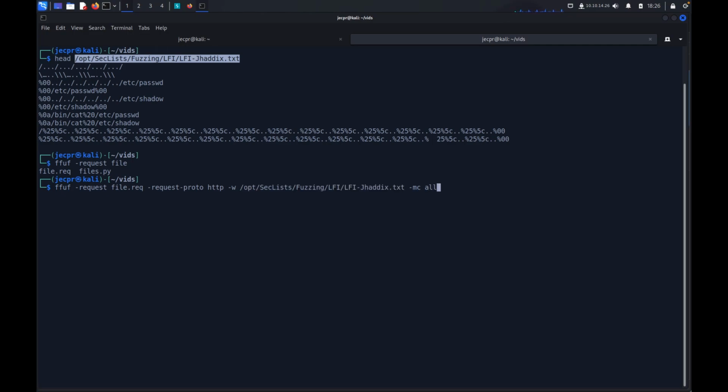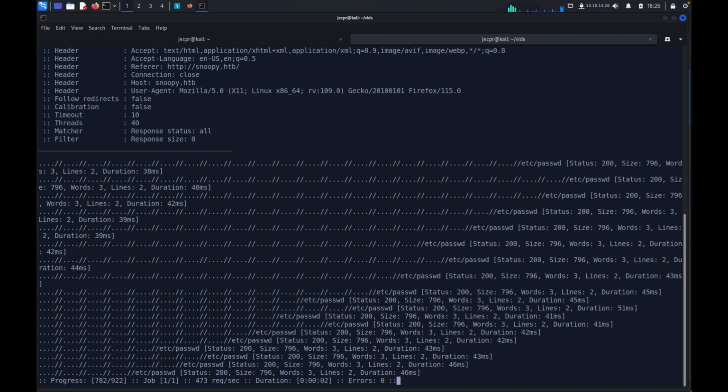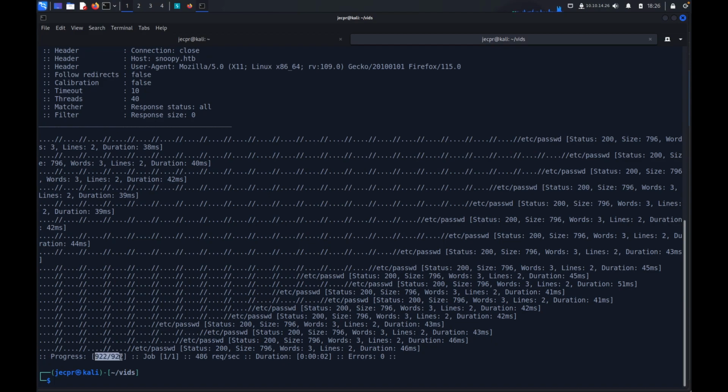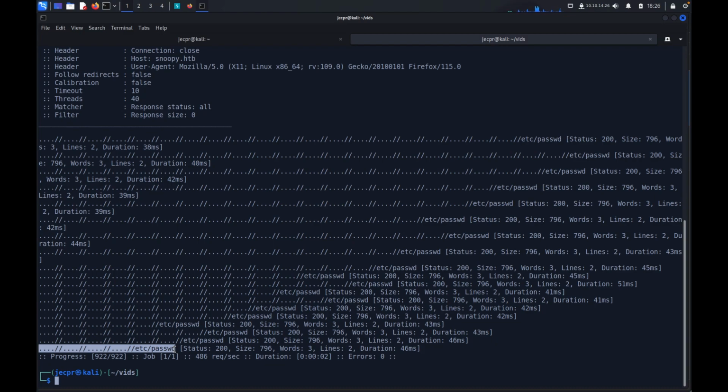I'll match code all, and I'm going to filter empty responses. And you can see it's run through almost 1,000 different options there, and there's a common theme showing up, which seems to be returning some sort of data. So if I grab one of these and see what's returned,